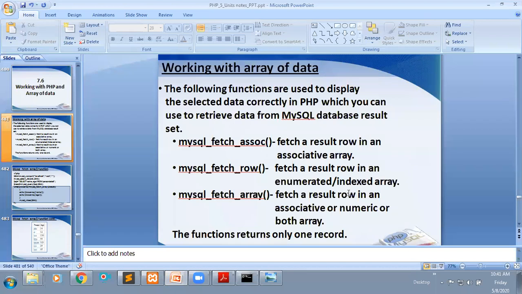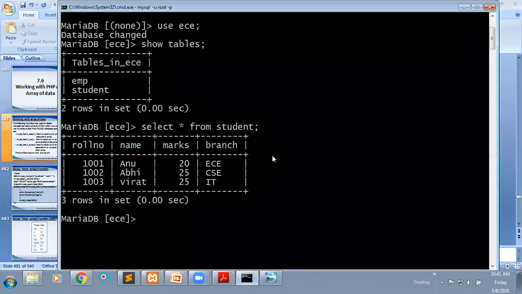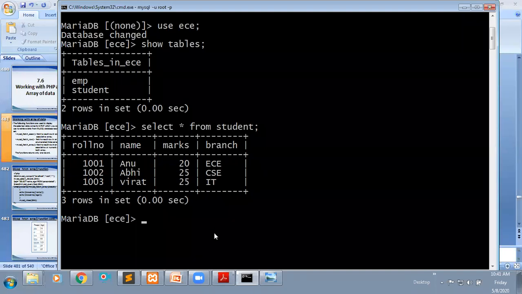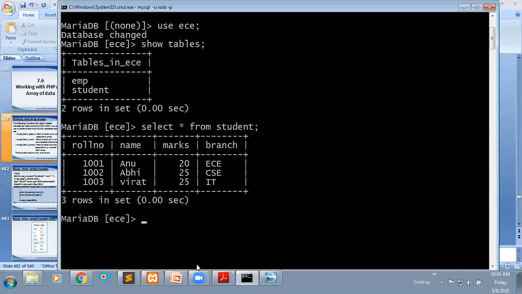For example, if you write any select query, the data is going to be retrieved from the database in the form of an array. Once I write this statement, this total data is retrieved in the form of arrays. In the previous classes we learned the arrays concept, right?